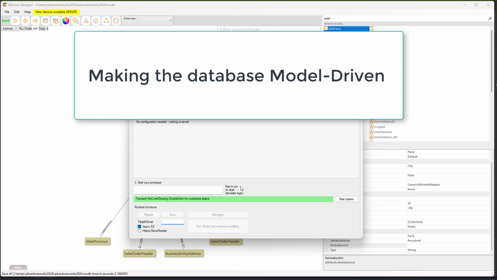So as I alluded to before, we might not actually own the database. We may be just allowed to see it, but if we own it, we could consider making model-driven changes to the data, and in order to do that,